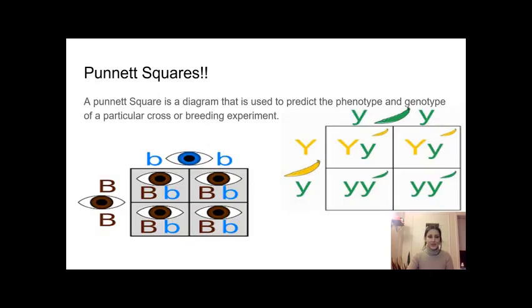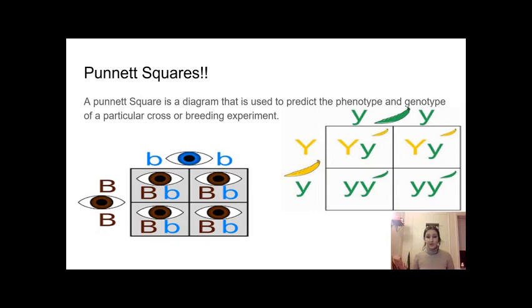We'll be using it. And my favorite part, basically we're getting to the objective of today. We're going to be making punnet squares. Now you may be wondering what a punnet square is. A punnet square is a diagram, a square diagram, with lines this way and this way, vertical and horizontal. A punnet square is a diagram that is used to predict the phenotype and genotype of a particular cross or